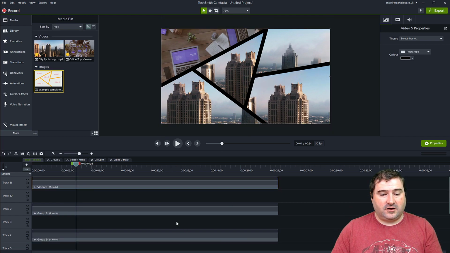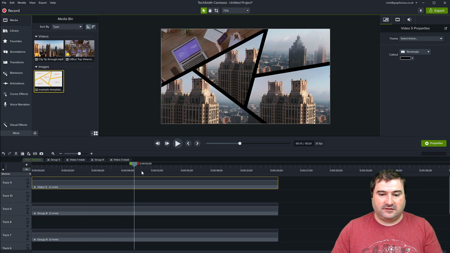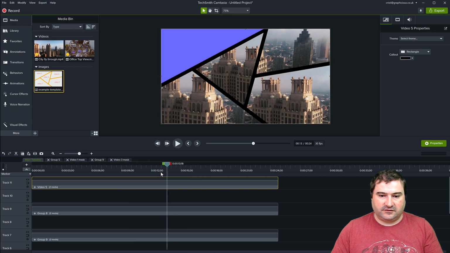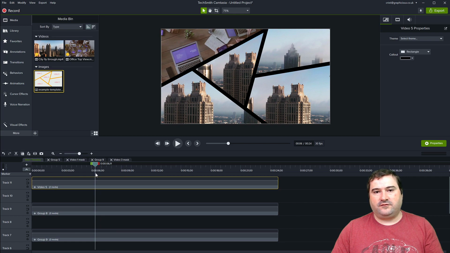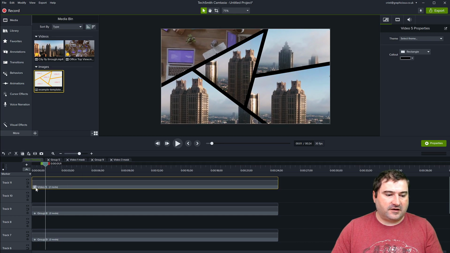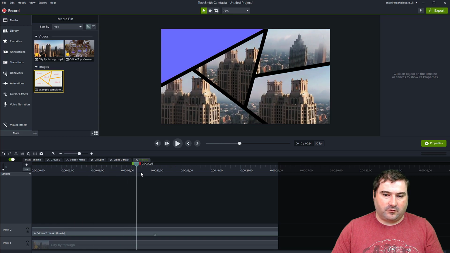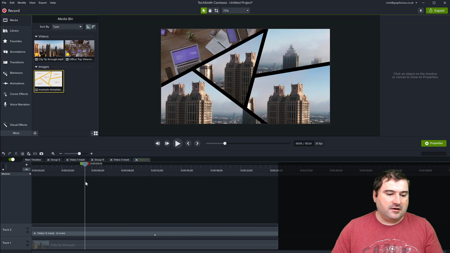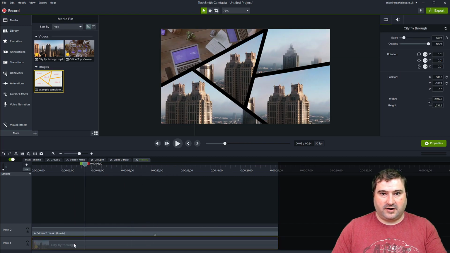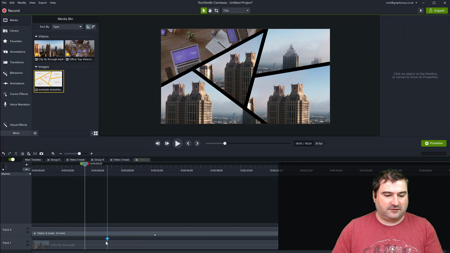But if one of your videos actually plays, as you can see, it's playing. That one actually is not a good example because it actually does stay in frame. But let's suppose that you have a video that you need to move inside of that shape in order to keep the subject in one place, right? So what you can do is you can still apply animations to them. So if I go inside of video 5 here, and let's suppose I want to move this down during the animation, during the playback, all you do is just click on your video that is inside of the mask, click on it.